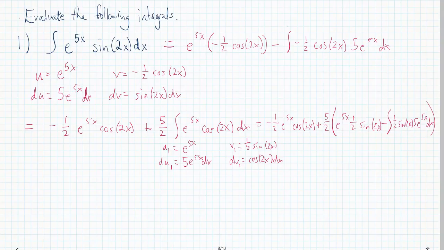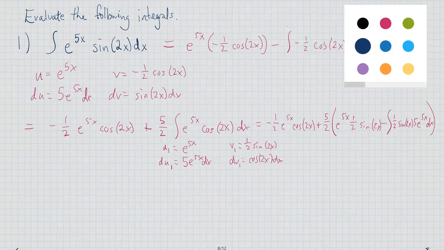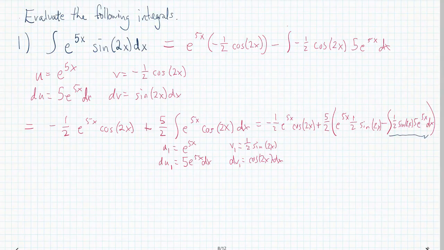Let me close it off. Wowzers, right? So I'm going to bring some attention to what's going on here. Notice I do have some constants there, but I have an e to the 5x and a sine of 2x. I started with an e to the 5x sine of 2x. That's important because what we have is the original integral e to the 5x sine of 2x dx equals negative 1/2 e to the 5x cosine of 2x